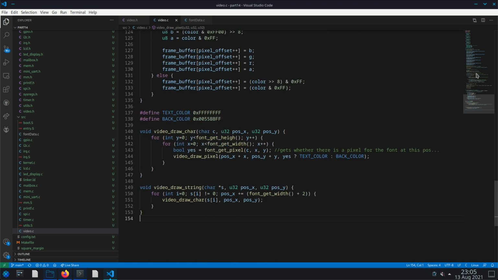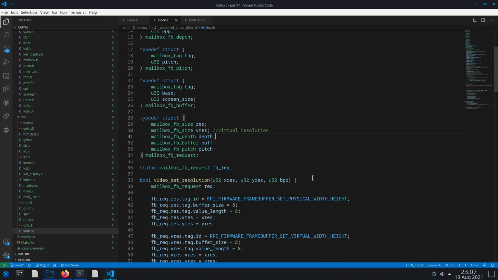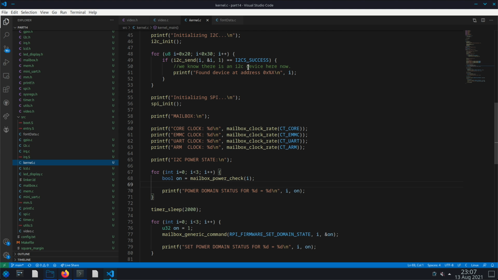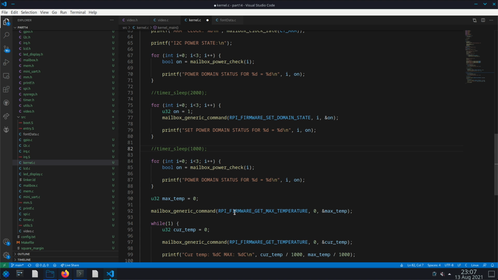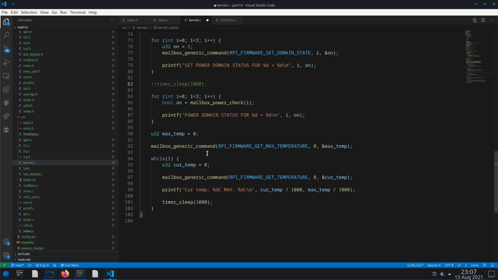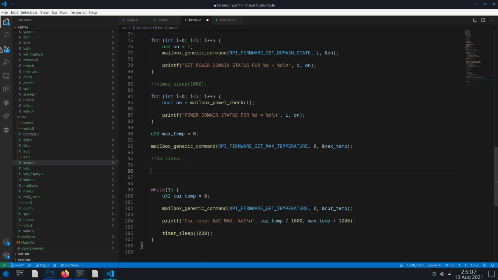So now we can go over into our kernel, kernel.c. I'll just leave all this stuff in here, I guess. Maybe I'll comment out some of these timer sleeps, because we don't need to pause to see these things anymore. And that sleep in there, we'll do it right after this first get max temperature. So do video,